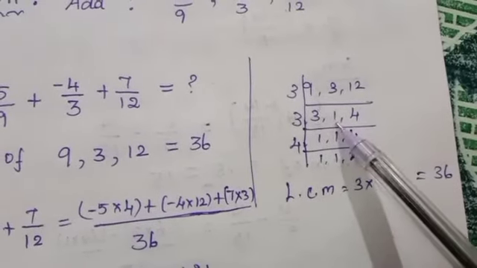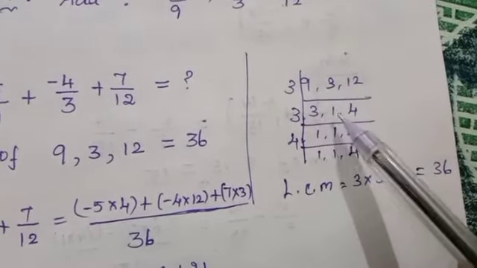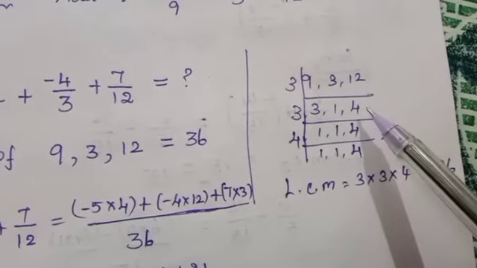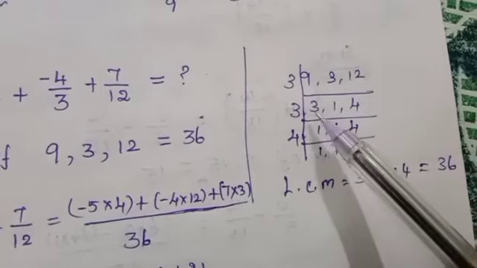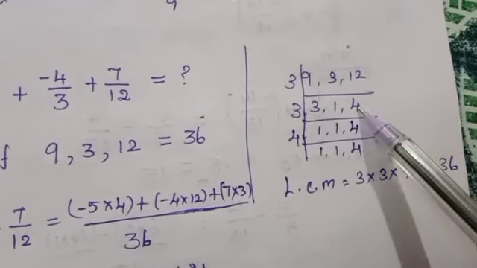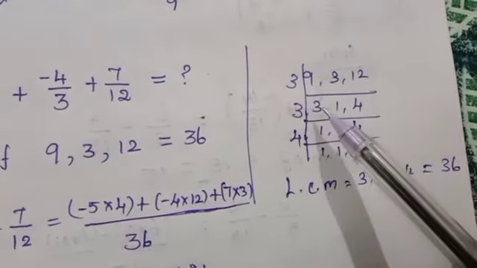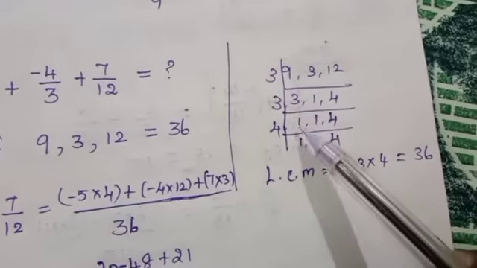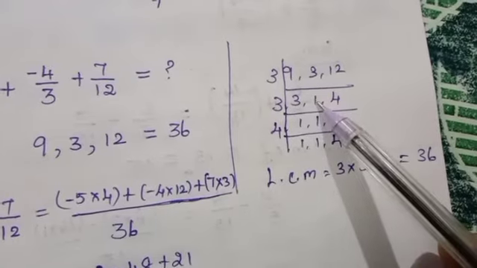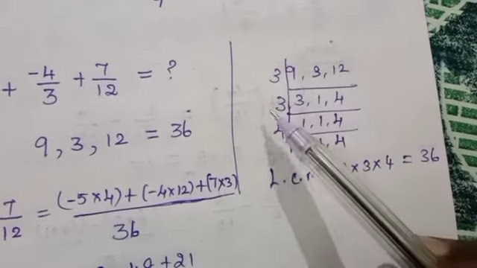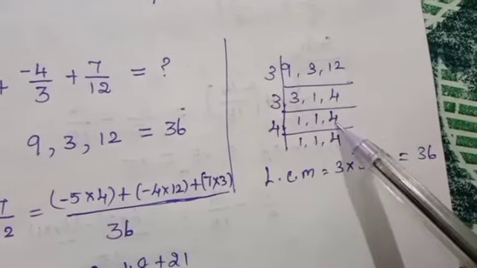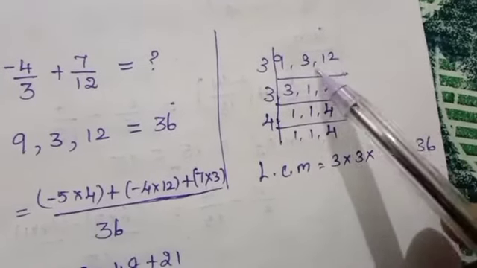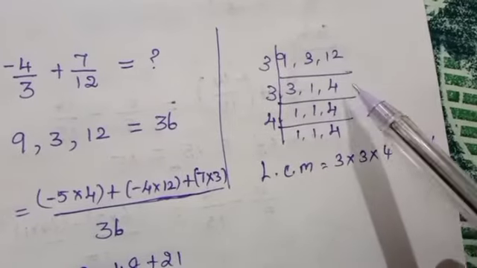For 3, 1, 4, these three numbers also have no common factor. So at least one by one you have to take. At least 2 also is not possible. So you have to consider one by one. First you have to divide by 3. 1 3 is 3. For this, 1 is not divisible by 3, 4 also is not divisible by 3. So just take and write. Have you understood, students? Here 3 numbers are also divisible, so you have to divide.